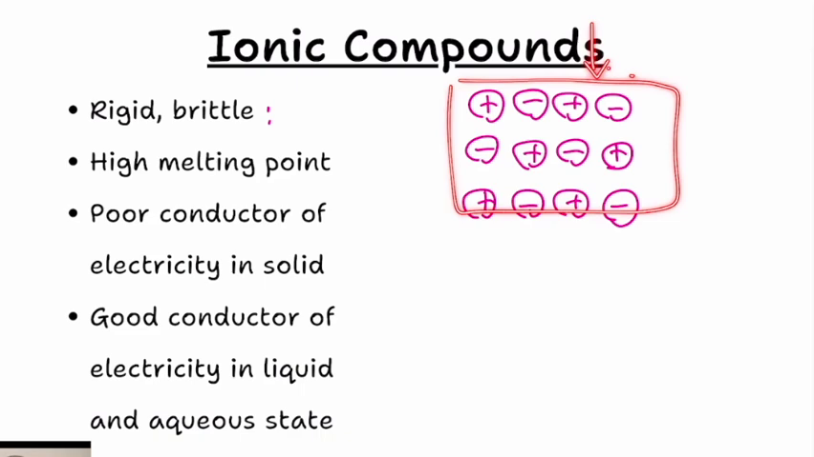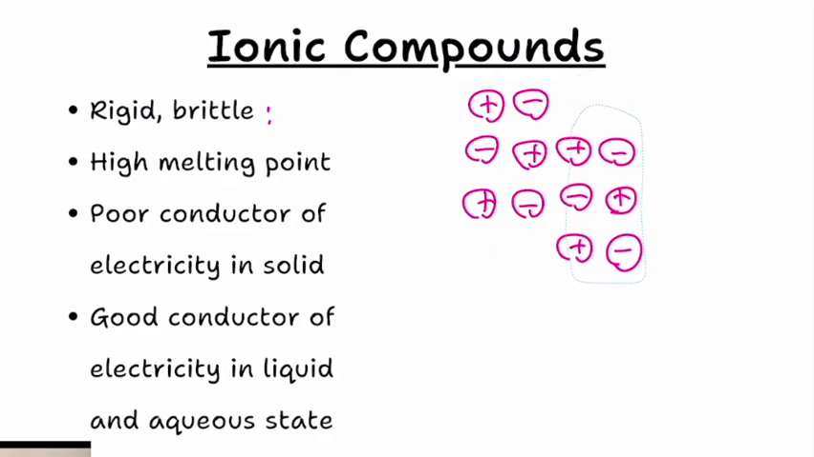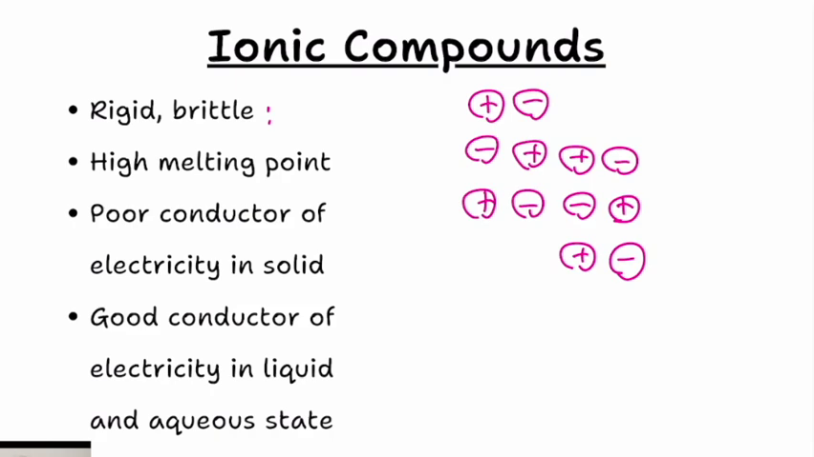Let's say you're going to apply a force on the right half of the sample. Then the right half of the sample will shift downward a little bit. Now the cations and anions are not right next to each other; now the cations are right next to each other and anions are next to each other. And like charges repel, which means